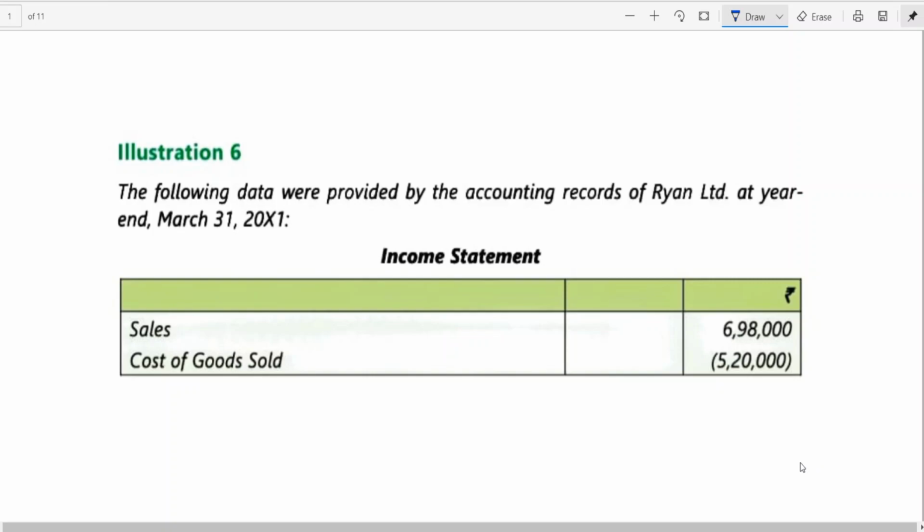Hi friends, in the last class we have seen 5 problems on cash flow statement, and today I wish to continue with 3 more problems on this chapter. I hope you have gone through the problems that I have already explained. You might have had some idea about the 3 activities through which we will be knowing.